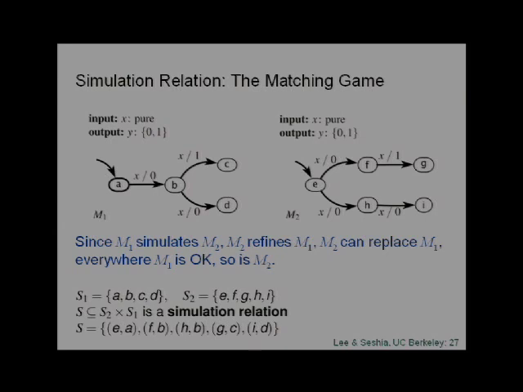Okay, so now in order to reason about that, if this is A and this is E, then I need to look at both next states of A, which is in this case only one, there's only B. And then here for M2, there are two possible next states, which is going to F and H, and the labels should be x/0 on both, right? So now the question is,